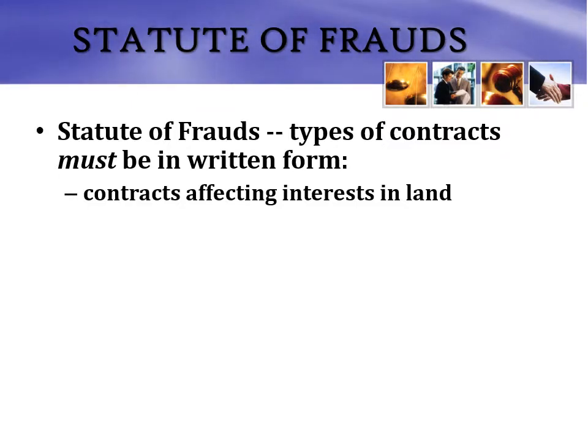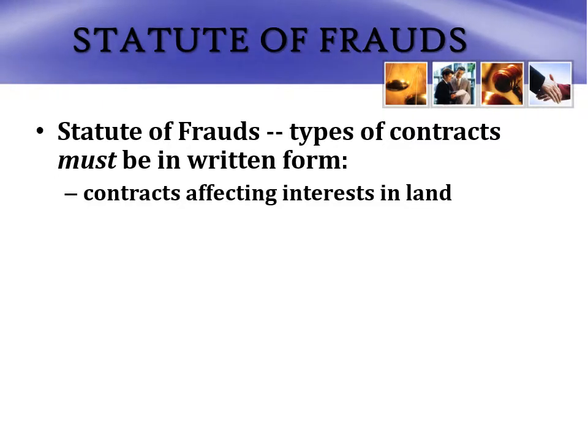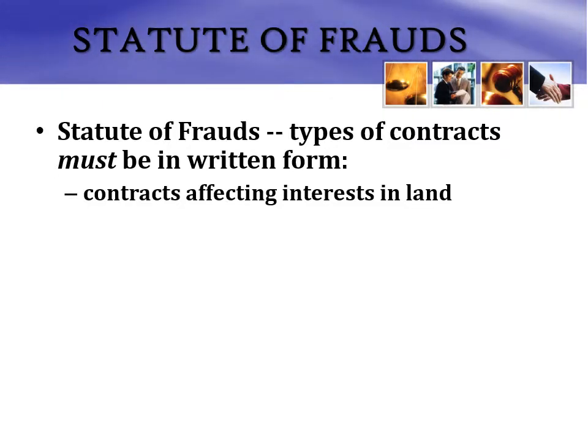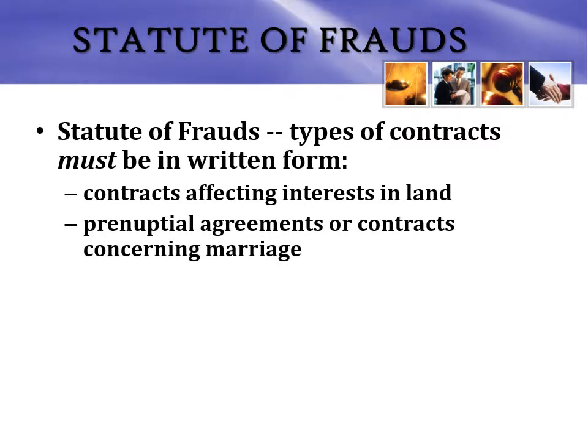First, contracts affecting the interest in land. If you're going to sell a piece of land, it has to have a deed. The deed has to be registered with the county court or the town court or whatever. It has to be in writing. Any sale of real property, okay, must be in writing. And also liens on property must be in writing. Just like the lien on the car, you could place a lien on land, meaning they can't sell it, move it. I don't know how you move land. They can't sell it, destroy parts of it, improve it, whatever, without paying off the debts on it. And that's the lien on the land.